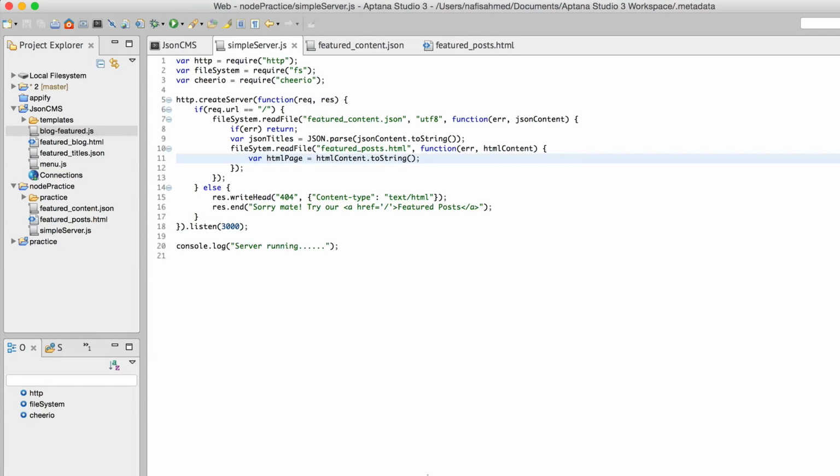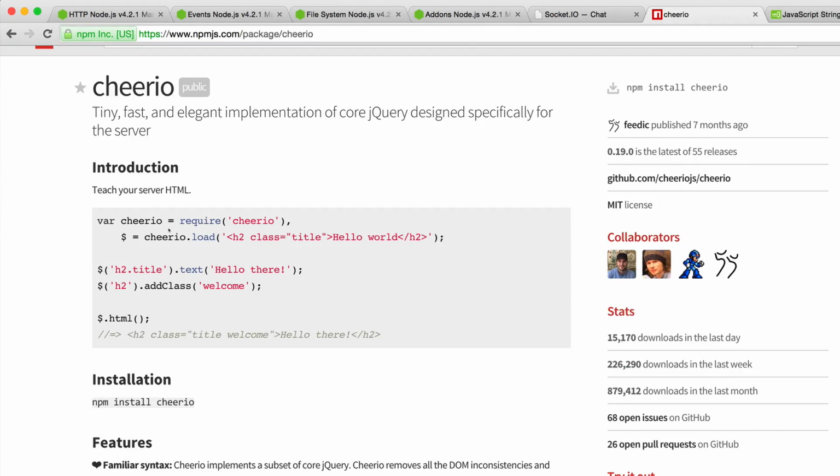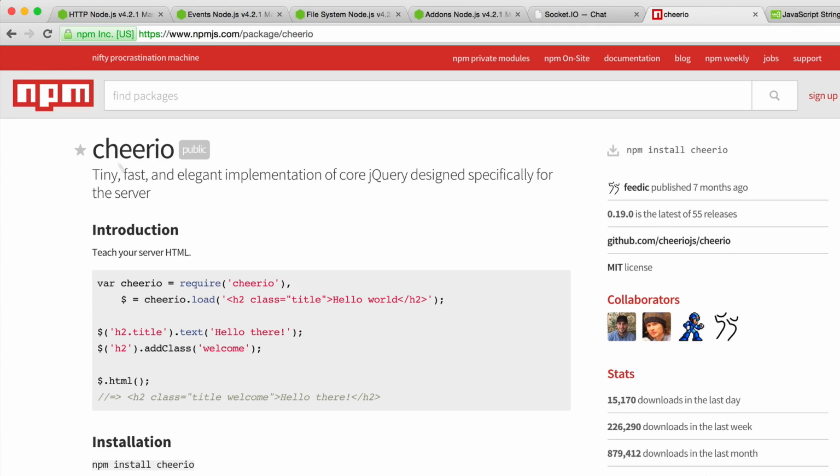Now we should head over to the cheerio documentation. I'm taking you to this documentation because cheerio is quite unique compared to the other JavaScript modules that are found in Node Package Manager. In other modules, you don't have to teach your module anything. But in cheerio, what you need to do is to use this load method inside this cheerio object, and then